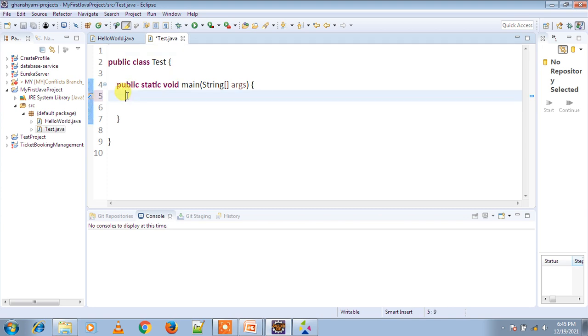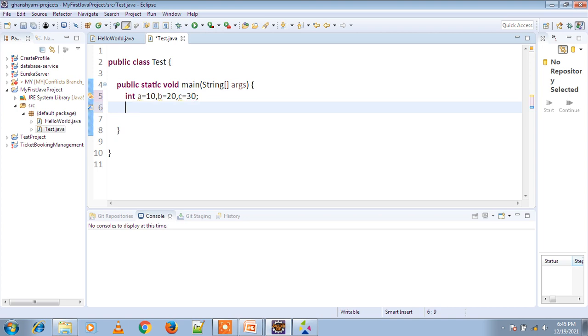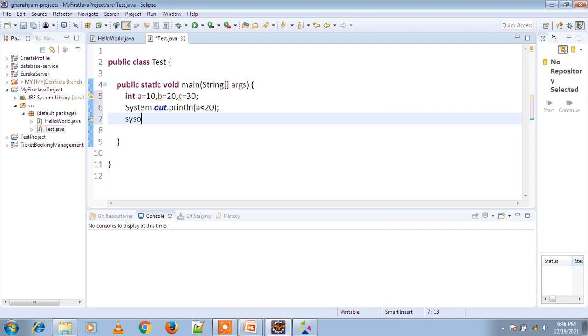In this class we are checking our relational operators. Here we are taking three variables: a equal to 10, b equal to 20, c equal to 30. On these variables we apply the relational operators. a less than 20, b greater than 30.